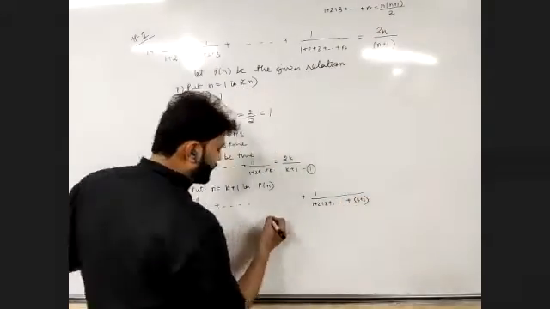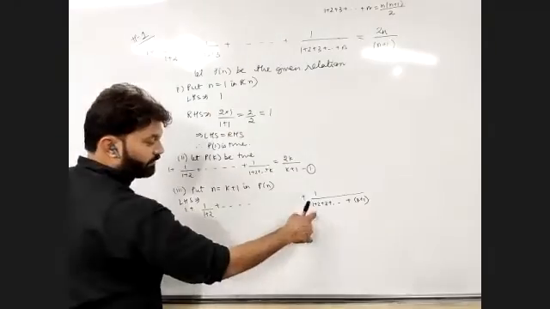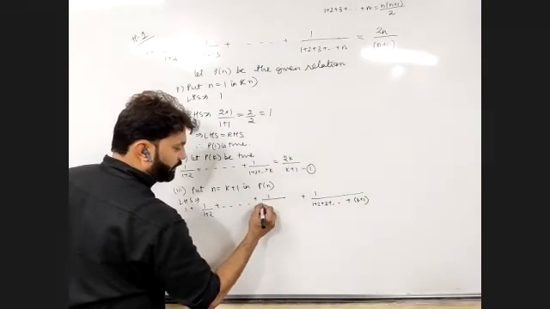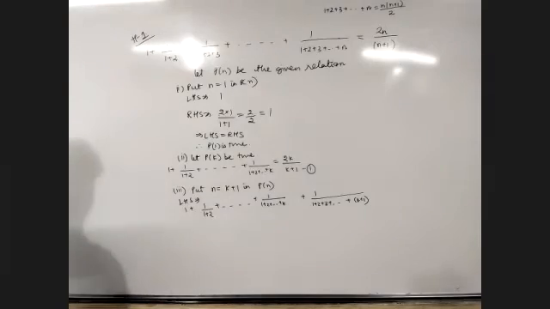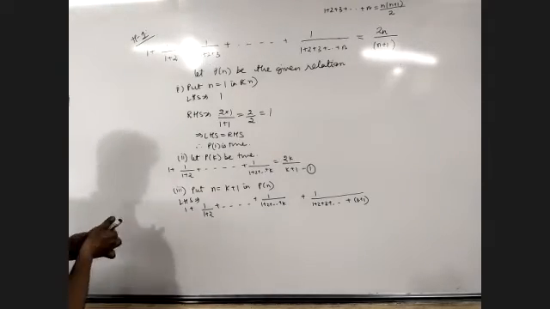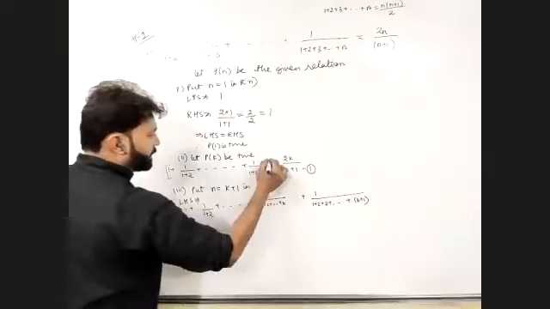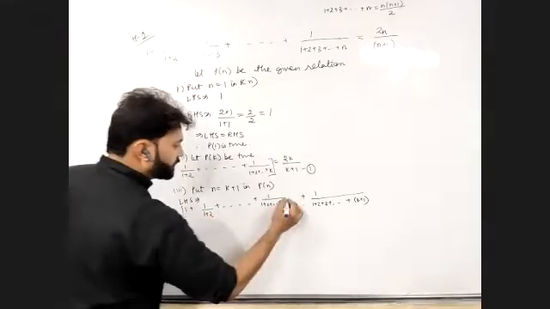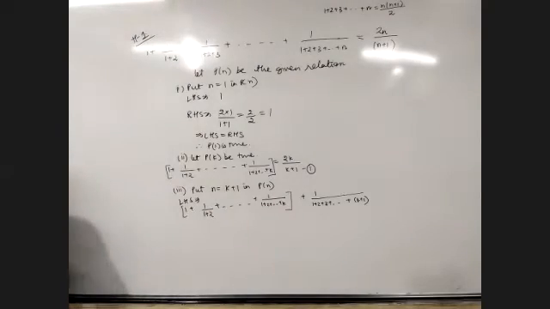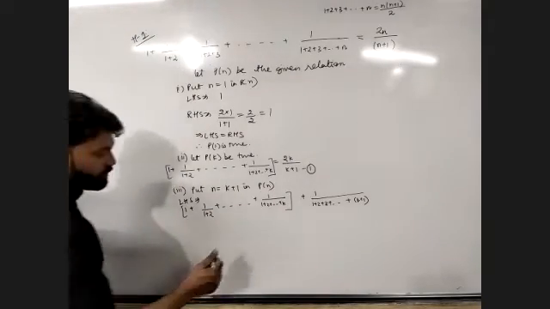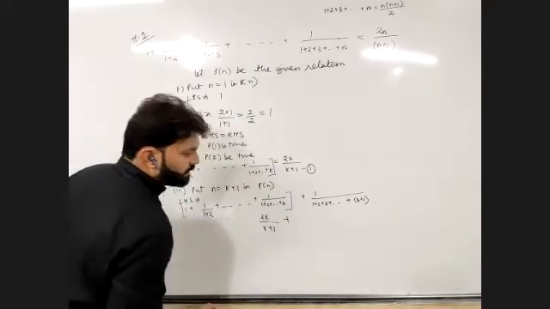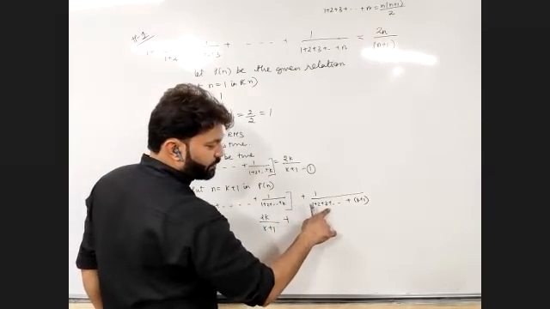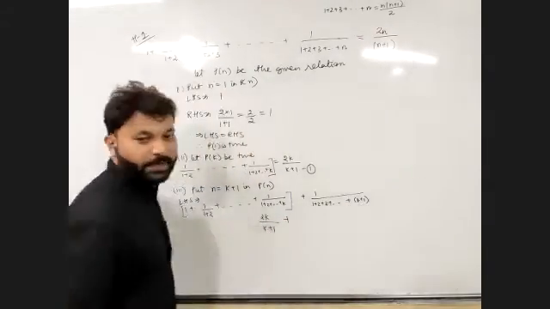And what will be the preceding term? 1 upon 1 plus 2 plus, and so on till k. Now in place of this complete expression, what can we write? 2k upon k plus 1 plus